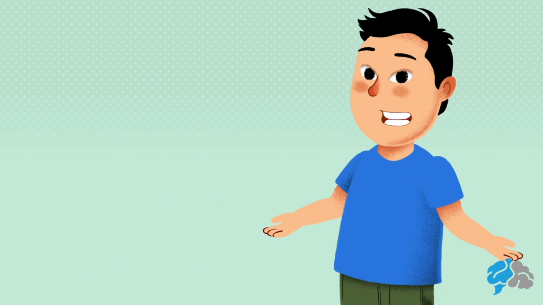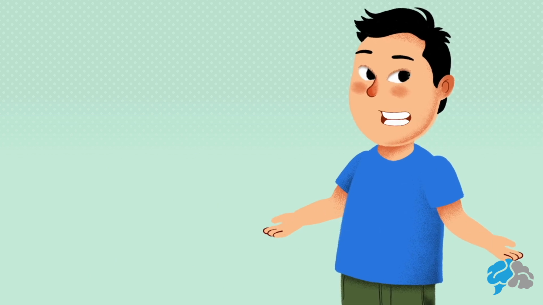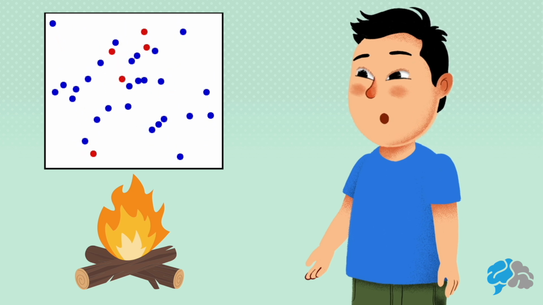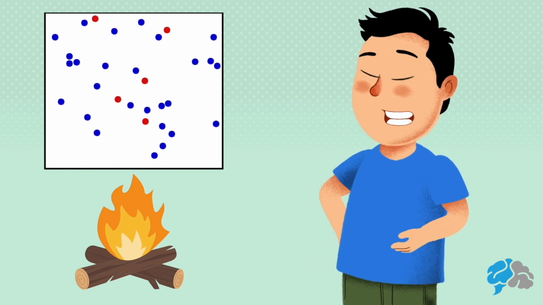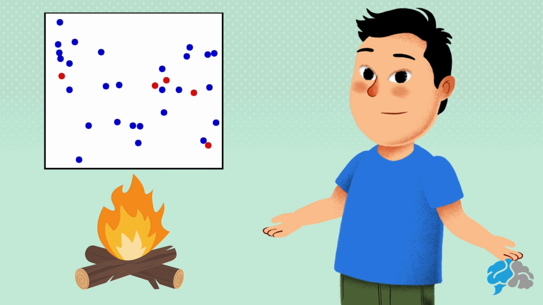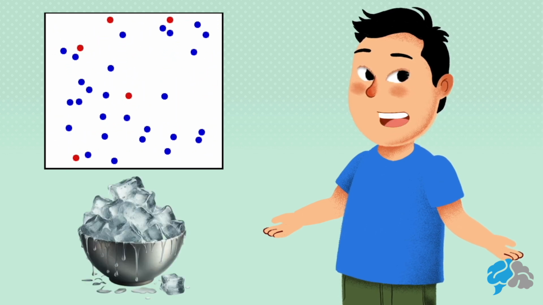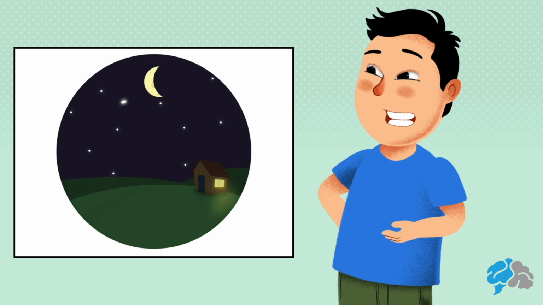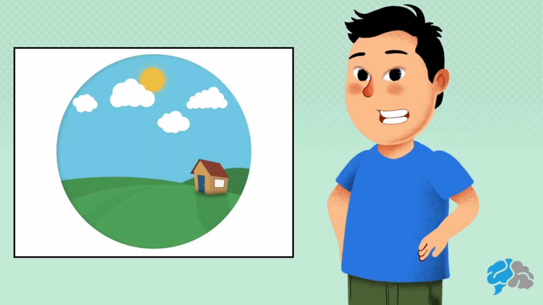The second way to change air pressure is to add or take away heat from the air. When the air gets warmer, the air particles move around more quickly. They bounce off of each other and other things with more force, and the pressure goes up. When the air gets cooler, the air particles slow down and the pressure drops. This is why pressure changes each day as the sun rises and sets.